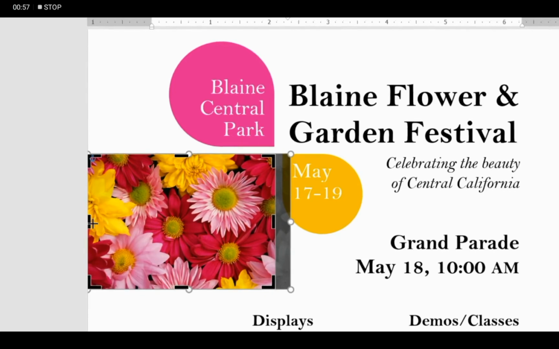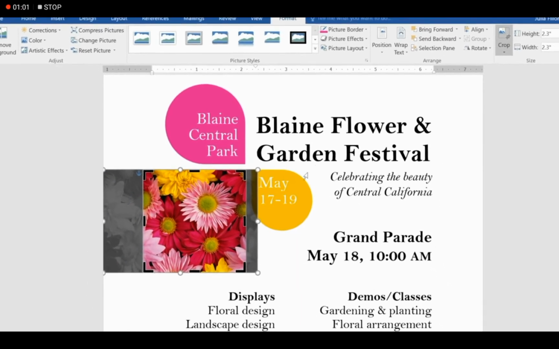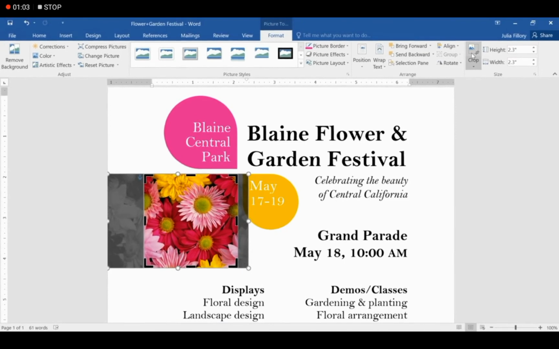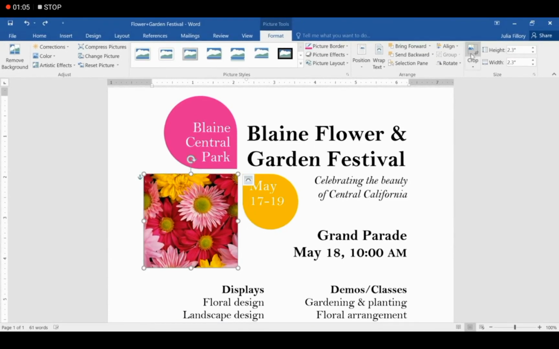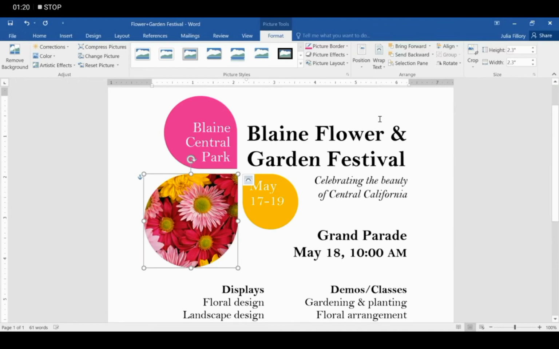Again, from the left side also. After cropping, you just have to click on the Crop command. It will crop this image. Now it is looking good. But if you click on the drop-down arrow, it will show you some functions. So you can crop it in any shape. I am going to choose this one, so it will match this theme.